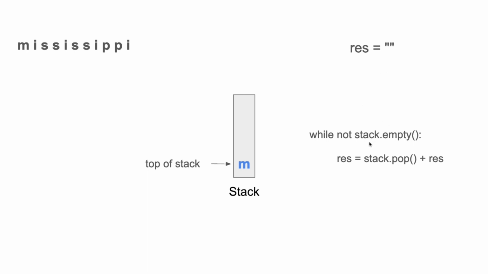We are going to pop from the stack till the stack becomes empty and prepend each character to the resultant string. Initially the resultant string was the empty string, there was no character in it, and then we keep popping from the stack and prepending to the resultant string. Please notice this is the operation we are doing. We are prepending and not appending, so that the resultant string is formed in the same order as the initial string. Once this is performed, the result includes only a single character, that is M. And this is how we have removed all the adjacent characters in this string.